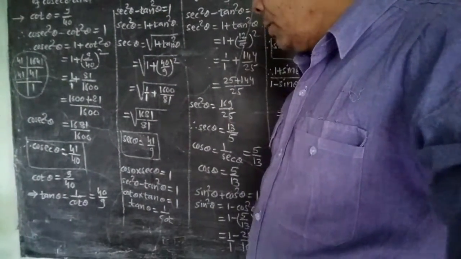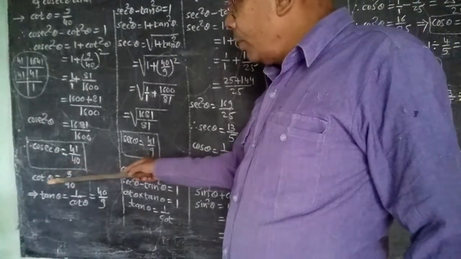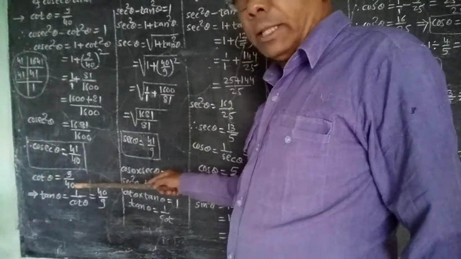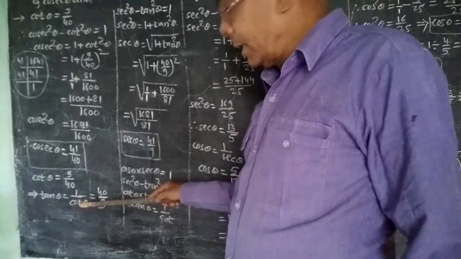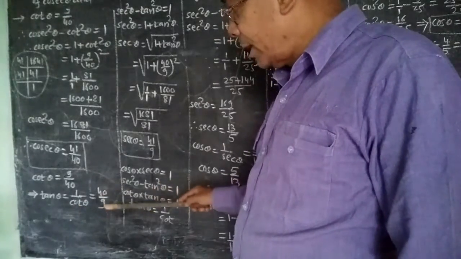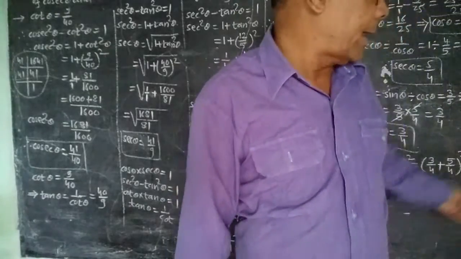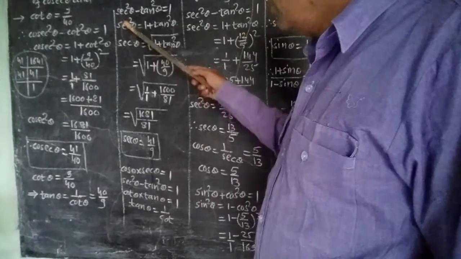Now we have given the value of cot theta is equal to 9 upon 40, and therefore tan theta is equal to 1 upon cot theta, means inverse of cot theta, and that is equal to 40 upon 9, and therefore tan theta is equal to 40 upon 9. Now